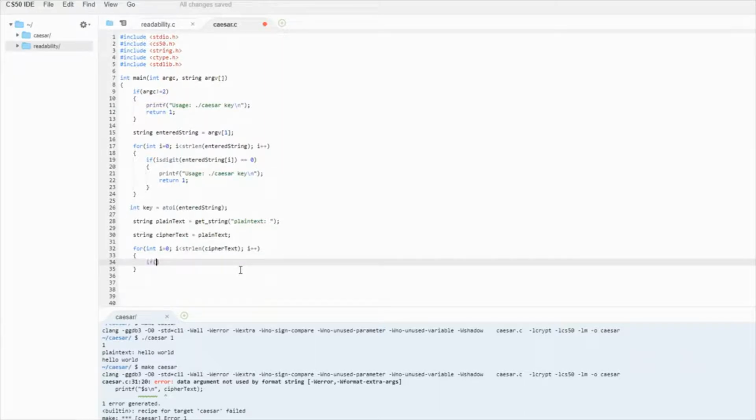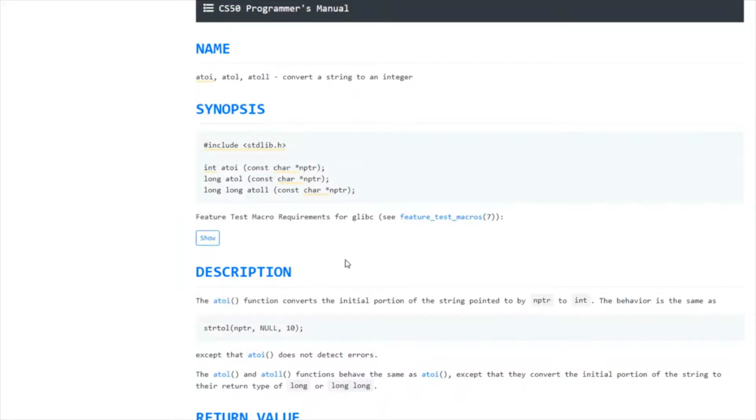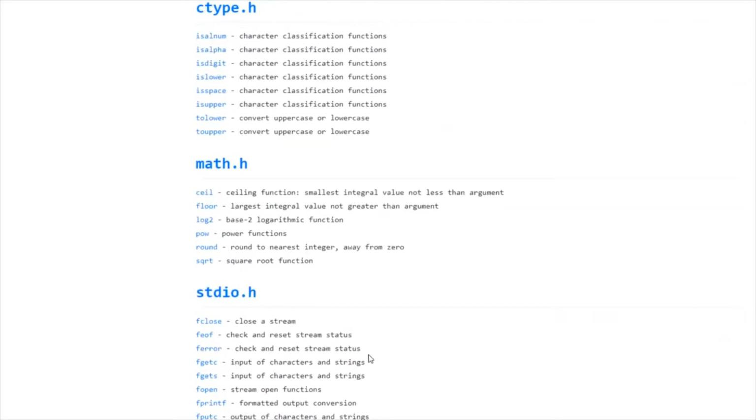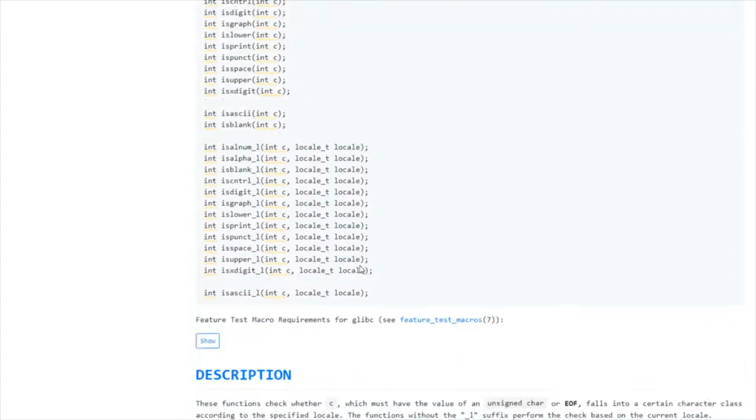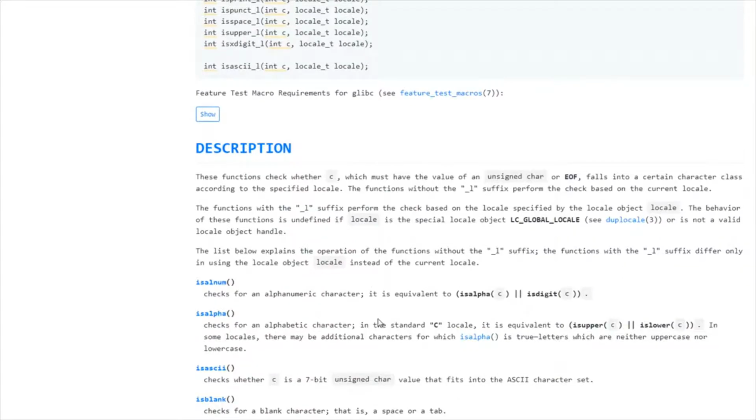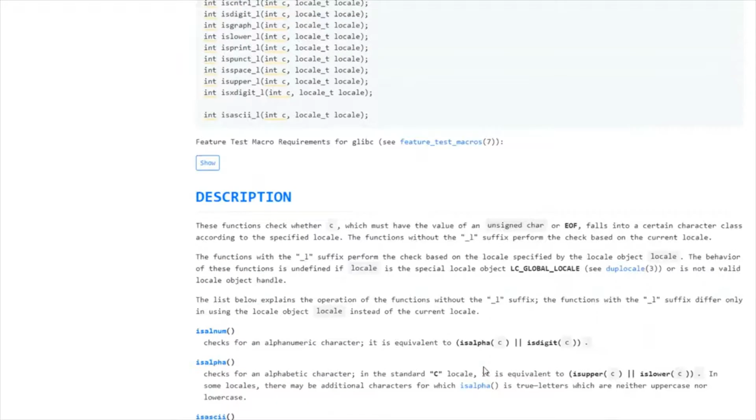And then if it's an alpha character, and once again they go through this here in the CS50 manual, one, if you want to be a software developer, one thing I get used to is reading manuals. Seems like we're always either writing or reading documentation. So they have this function called isalpha. Basically, anything you send in, if it's an alpha character, it'll return a 1.